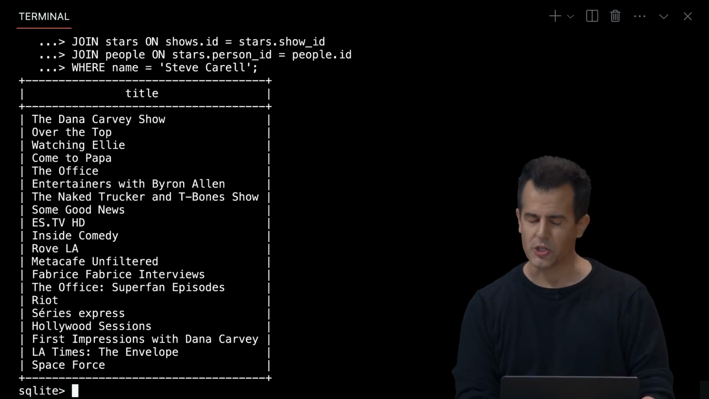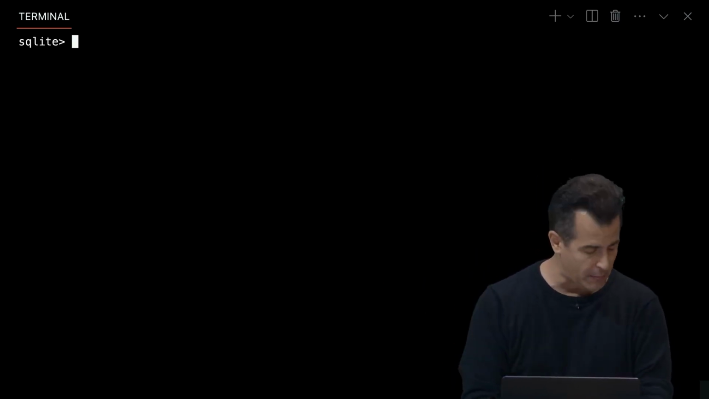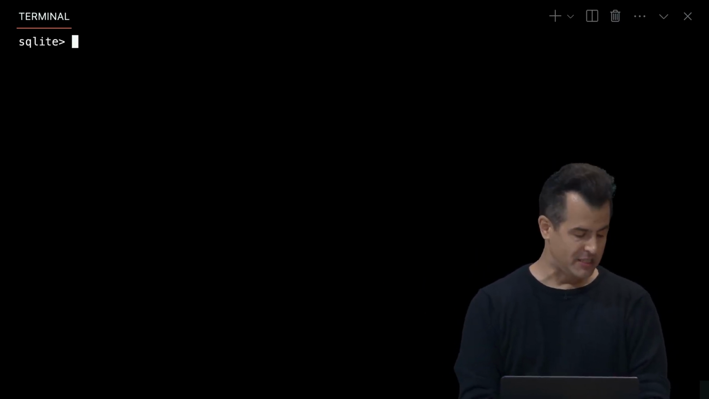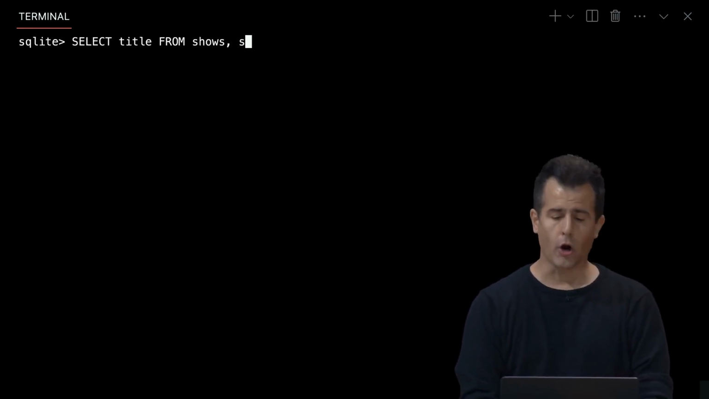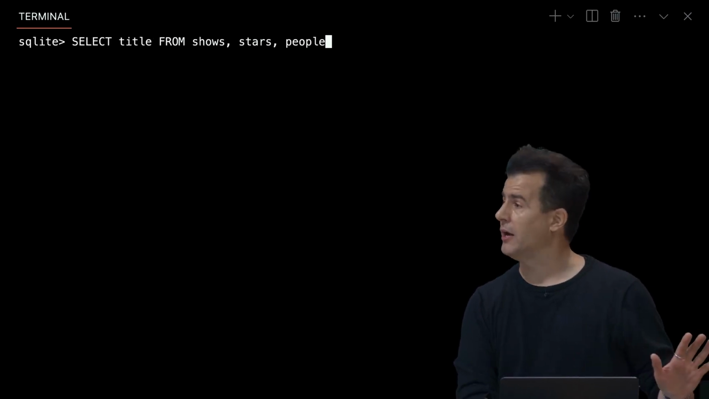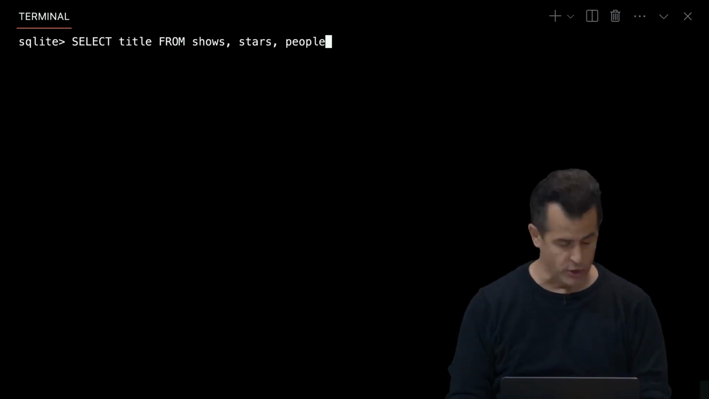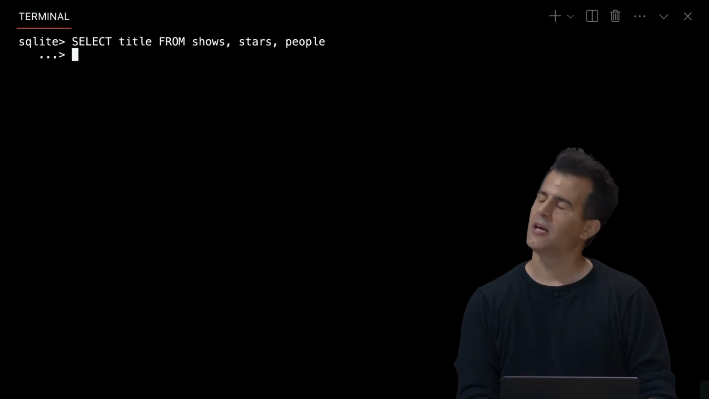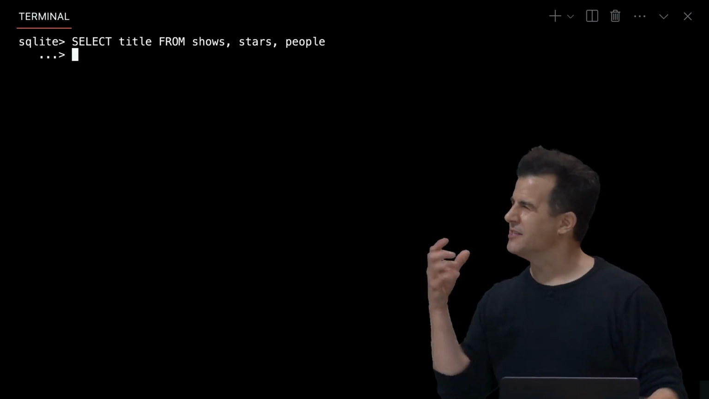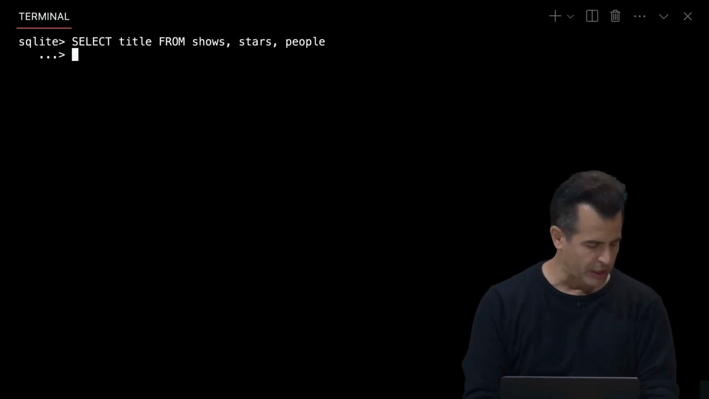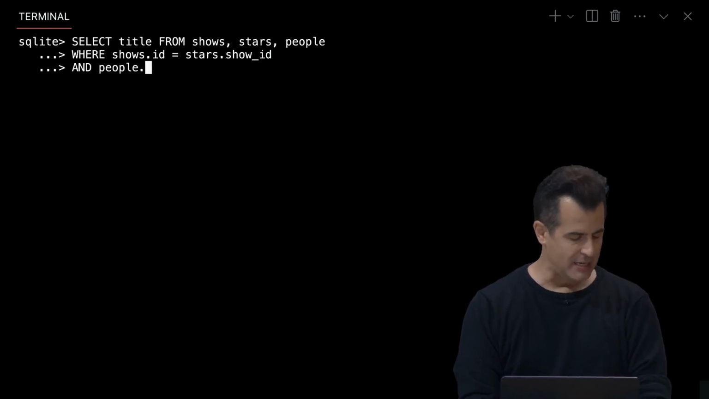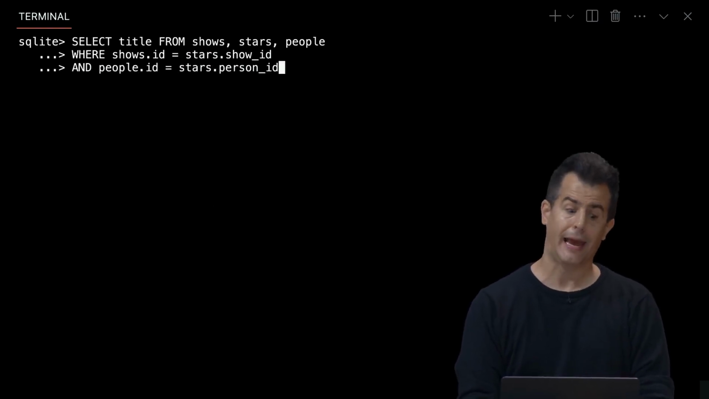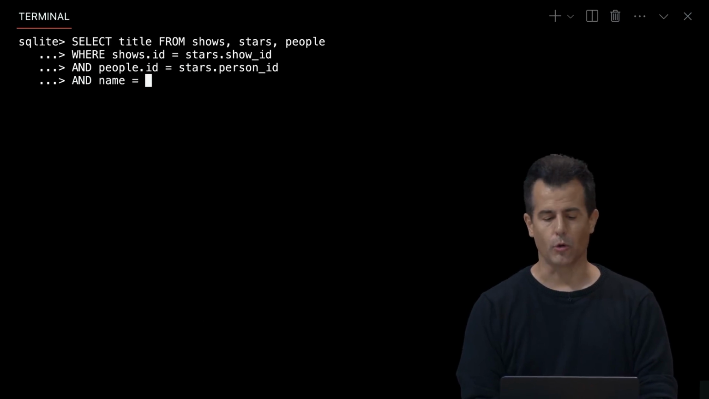But maybe a third way, which is a little simpler than explicitly joining them in that way, you can alternatively still do this. Select title from shows, stars, and people. You just literally enumerate with commas what three tables you want to join somehow. And then instead of using join, you can just use where clauses to make sure they line up properly. You can say where shows.id equals stars.showID, and people.id equals stars.personID, and name equals quote unquote